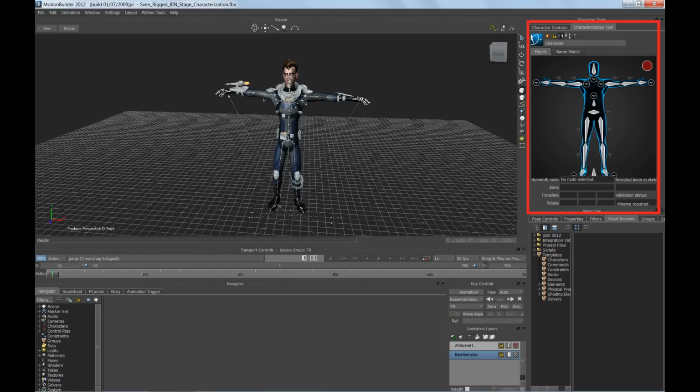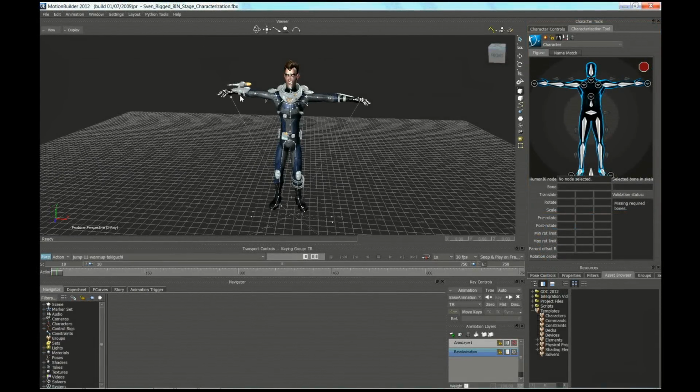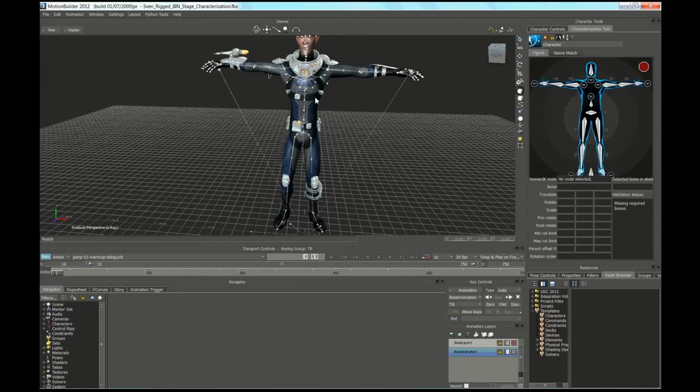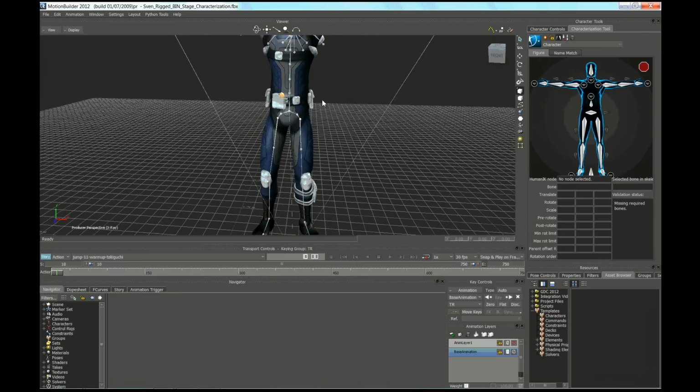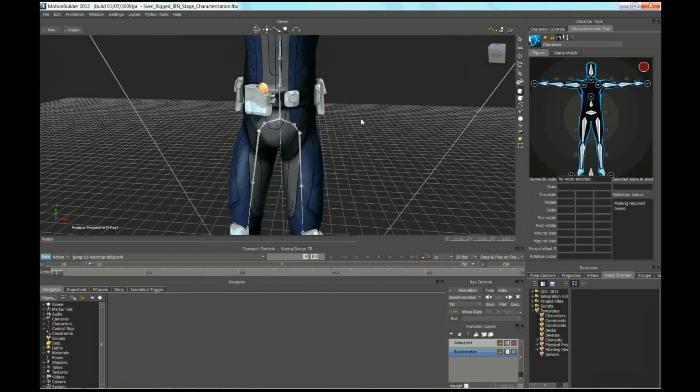The characterization process is a bit tedious. This is why we created this widget that is now available in most of our DCCs, the characterization tool. And this is how it works. One by one, you need to pick all important bones in your skeleton hierarchy and match them to HumanIK joints. Here, I'm selecting the hips on my character, then I'm matching this bone with the hips in the characterization tool widget. I'm doing the same operation for the upper leg,